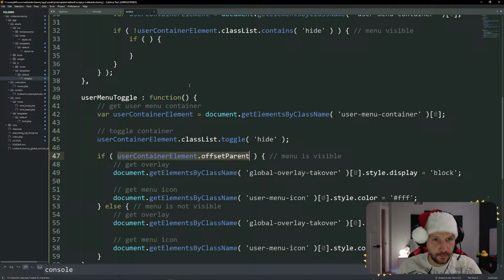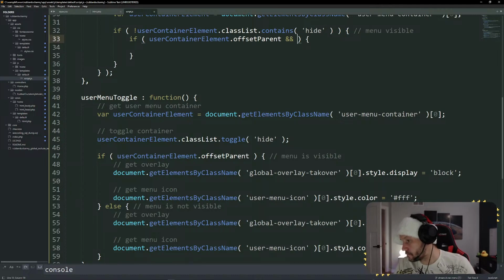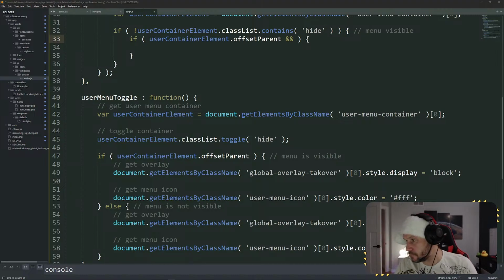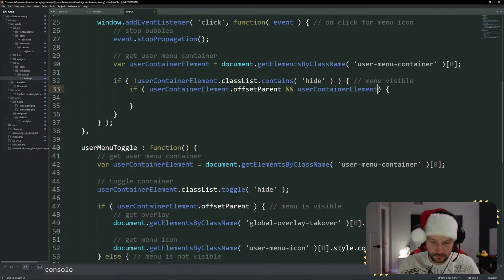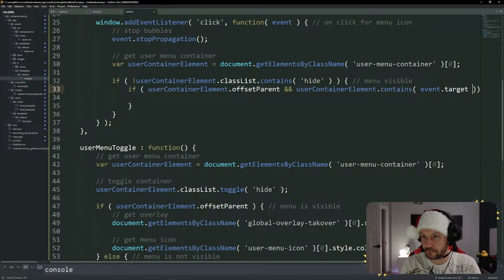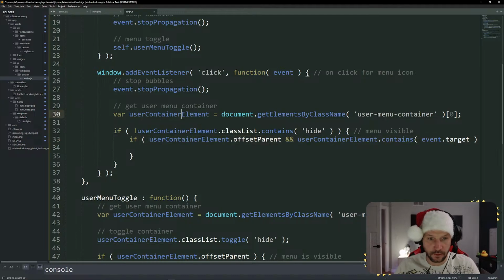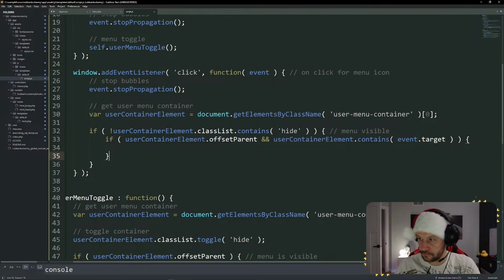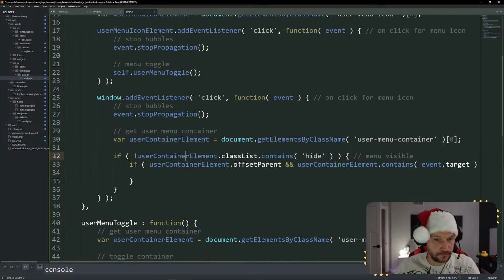We check for offset parent. Check for the user container element here. Contains event.target, which is the event coming in from our function right here. Or if our element here contains the target, then we can call our self. Wait, if the event